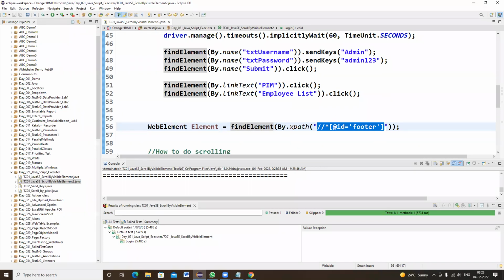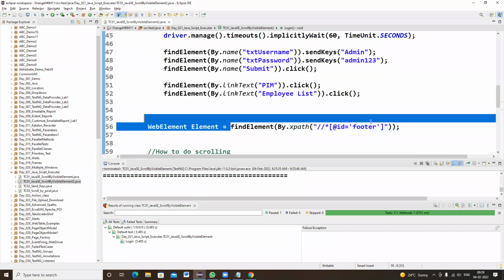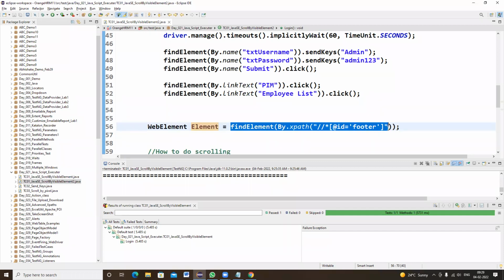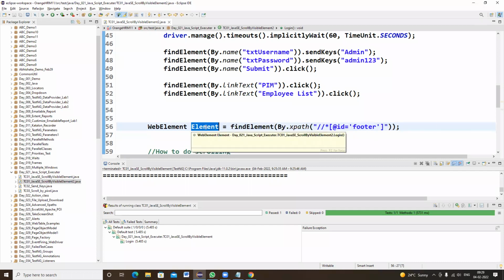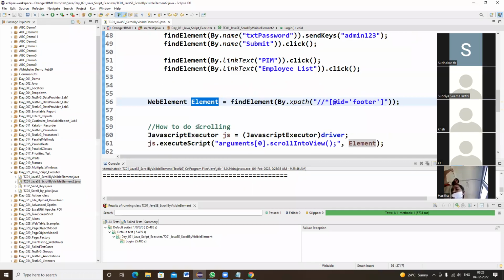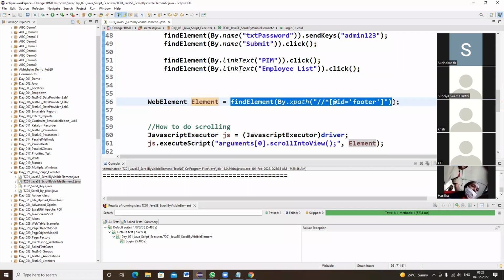Instead of writing this line of code every single time, for the footer web element we have created an object reference, and we have given the object reference the value find element by dot XPath and the XPath value.